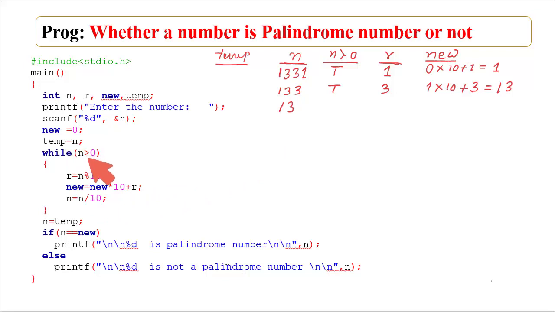Same thing, it will be checked whether 13 is greater than 0. Yes, this will provide true result. What will be the value of r? R will be the remainder when 13 will be divided by 10. So the remainder is 3. What will be the value inside new variable? That will be the previous value, which is 13 multiplied by 10 plus present value of r, this is 3. So this will come